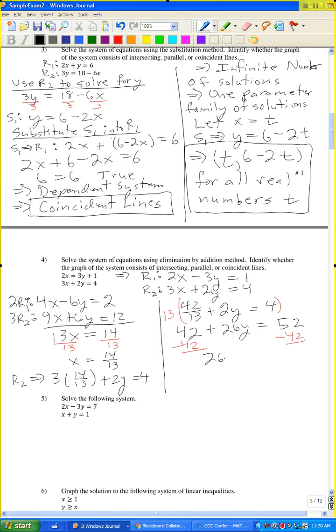So 26y equals 10. Divide both sides of the equation by 26. So y is equal to 10 over 26. I can divide both 10 and 26 by 2. And so my solution is